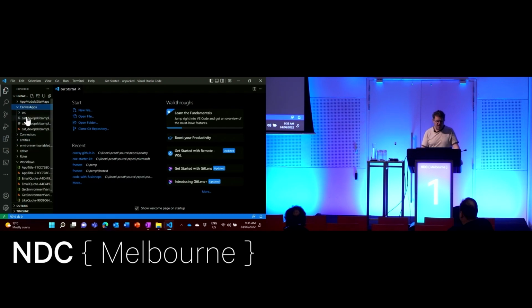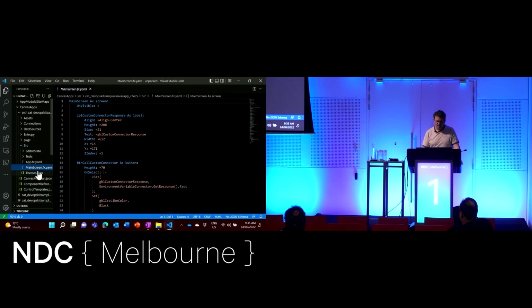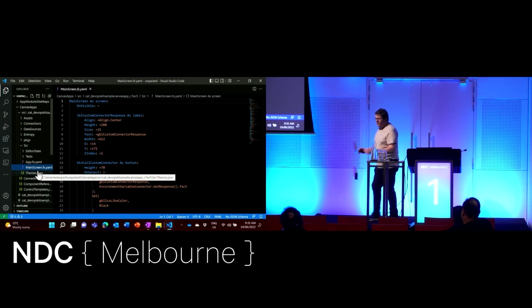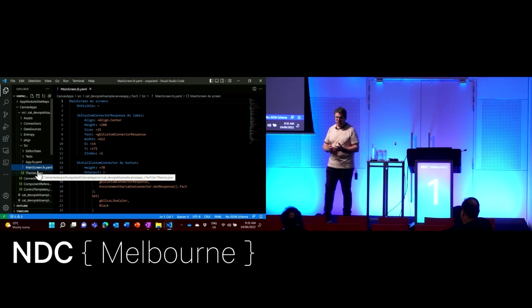And the Canvas app still has that MS app file in there, this one. But it also has an expanded version of it, which is the source. And interestingly, if I look at the source of this particular file, this is just a bunch of YAML. So now, what used to be a binary file is now exposed as text. And of course, the great thing about that is I can now do this.